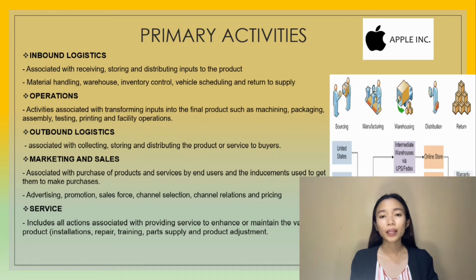So let's take a look at the outbound logistics of Apple. This involves the warehousing and distribution of ready iPhones, iPads, Mac computers, and other products produced by the company. For technology items such as smartphones, tablets, and laptops, inventory depreciation rates are very high due to short product life cycles. Apple management recognizes this critically important aspect of the business. CEO Tim Cook once compared his business to dairy businesses, and accordingly, the company tries to keep minimum inventory in their warehouses. The company ships finished products to Apple stores